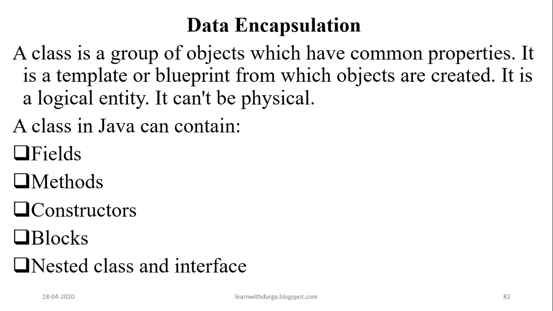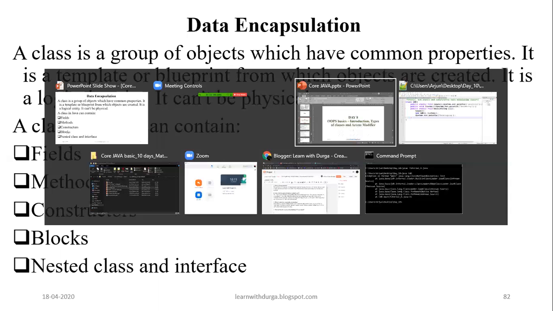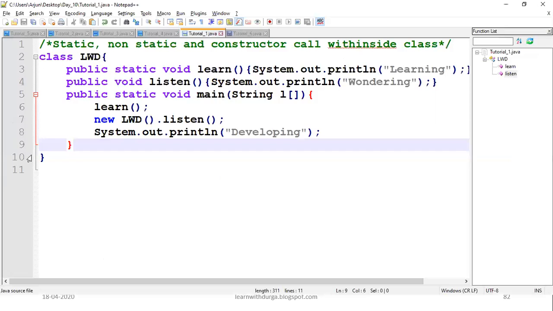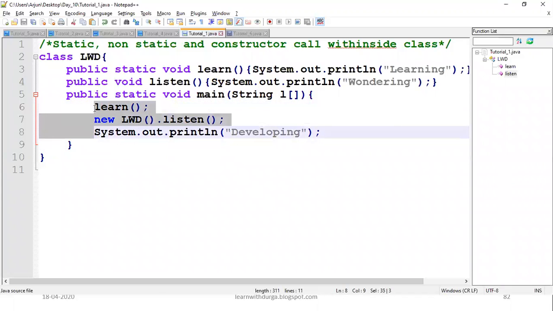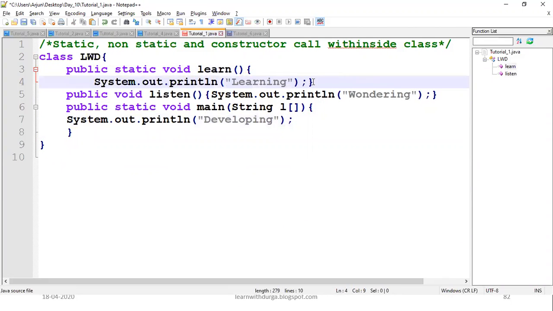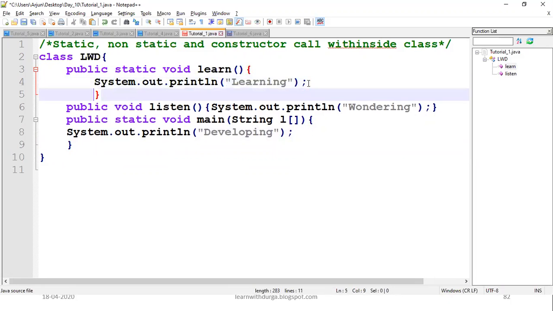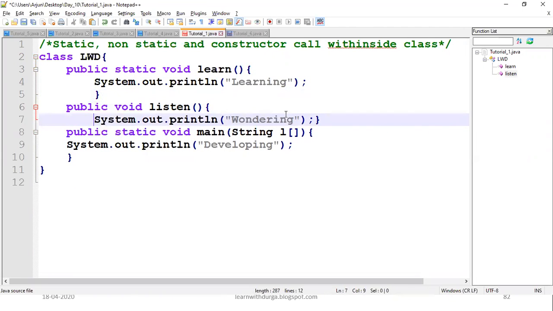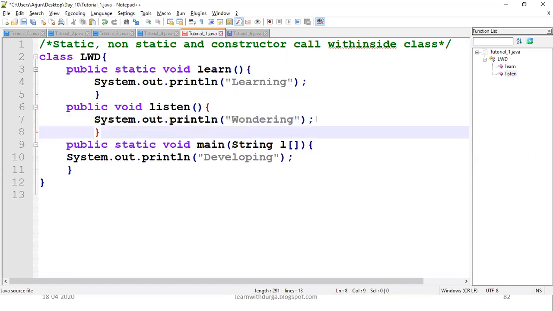Okay, so now let me go ahead with one simple example, first tutorial. So listen guys, I just have three blocks in my class called LWD.